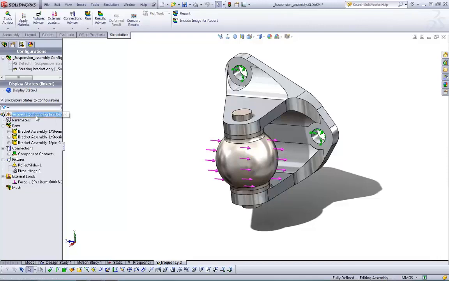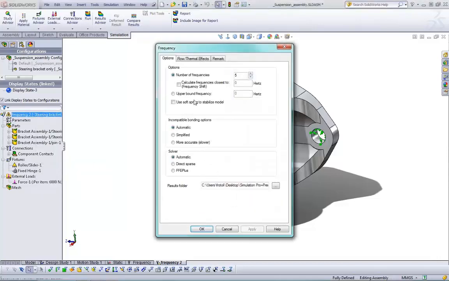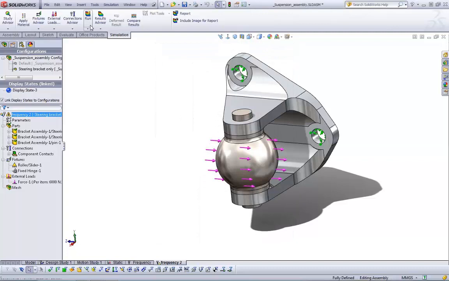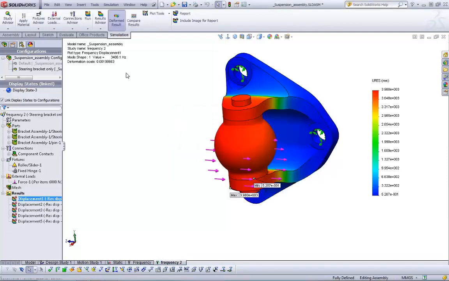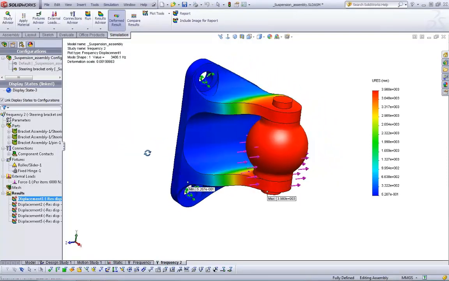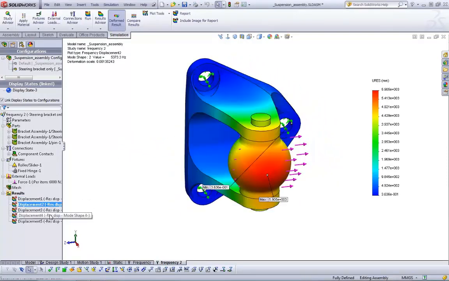So let's go ahead and take a look at the parameters of this frequency study. We see we're looking at the first 5 fundamental frequencies, which is okay for our purposes, and I'll show you why in a second. I run this. Frequency studies run rather quickly. Okay, and we see our first 5 modes